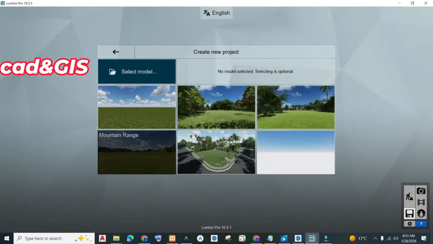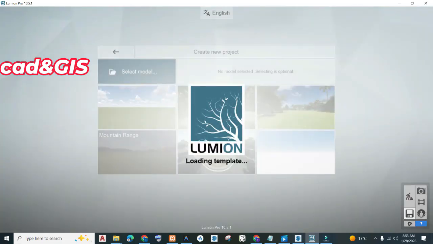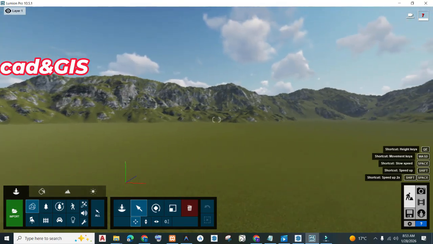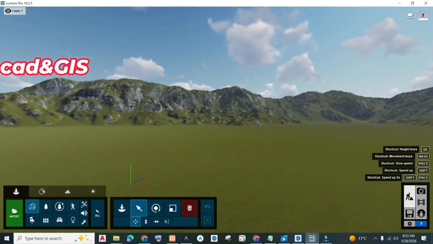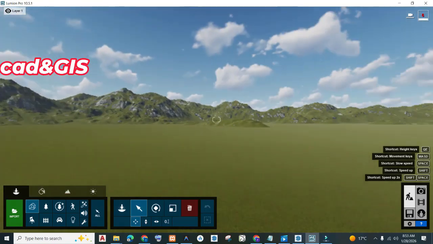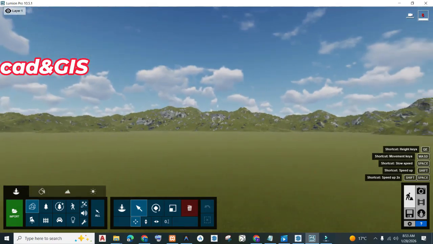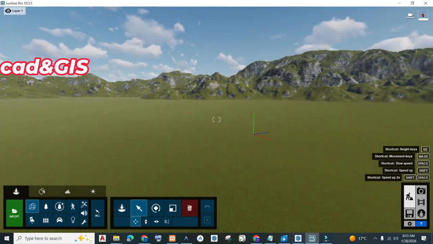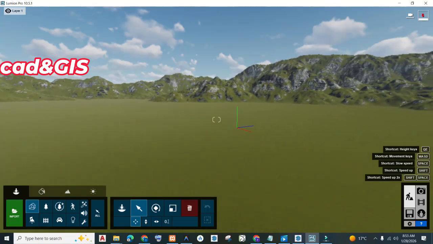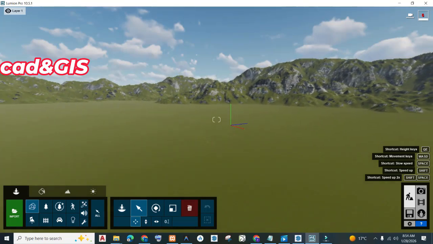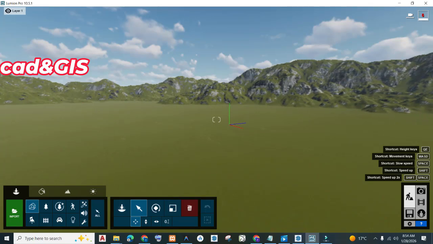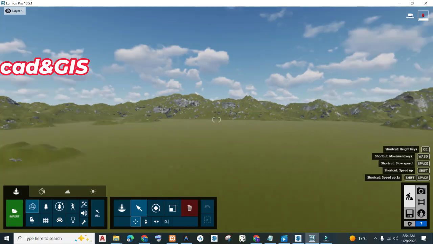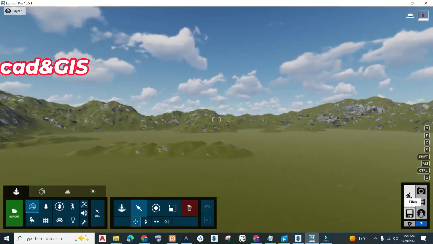Let's go and check the mountain range. When you click on the mountain range, you just double click. As you can see, while I'm turning, I just hold my right mouse button, press it down, hold it, then move the mouse around. It's going to look around. As you can see, everything is just mountain. You can zoom by rolling your mouse, the center mouse button. Mountains everywhere. So all these environments, depending on what you want to achieve anyway. Let's go back and check